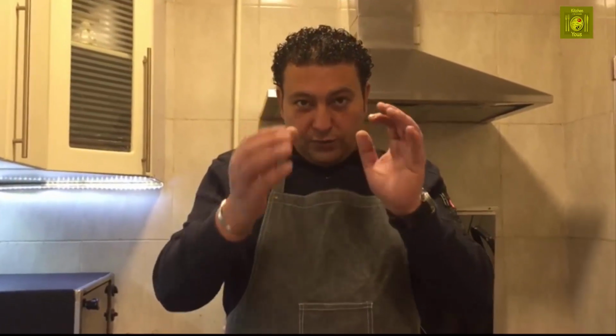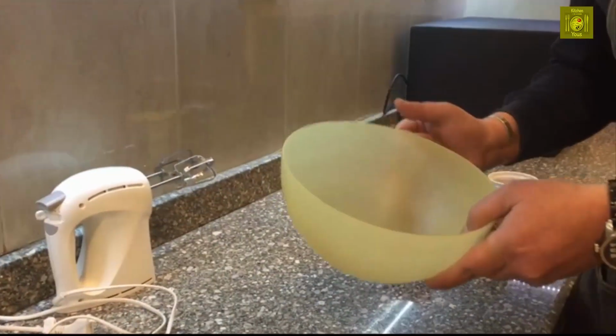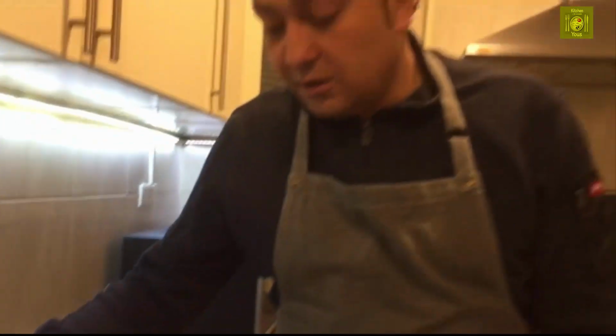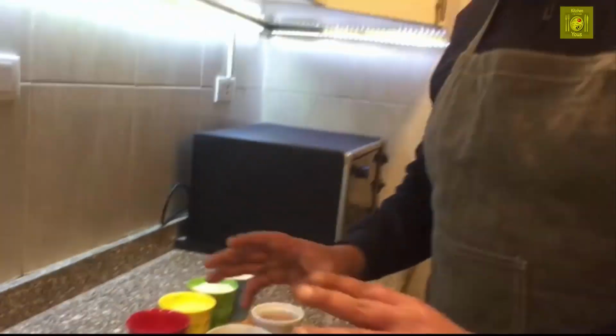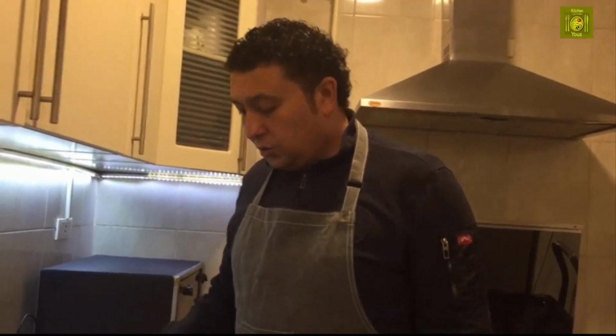Now we go step by step and make very beautiful cookies together. You need one normal bowl and a mixer. If you do not have a mixer, you can also work with your hands, and I will show you how. Okay, we start. First thing we need to do here is the powdered sugar,